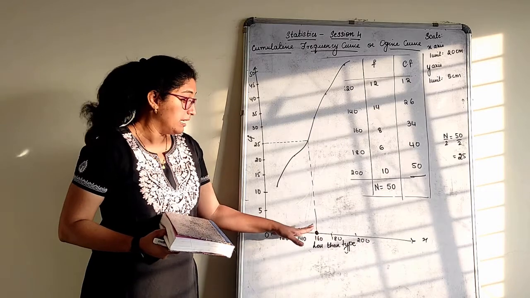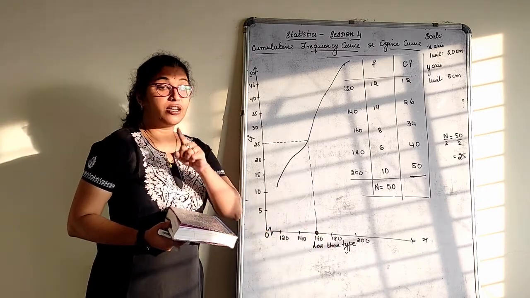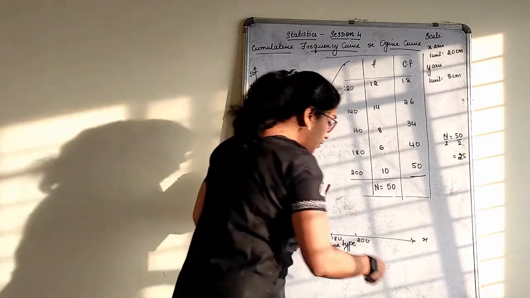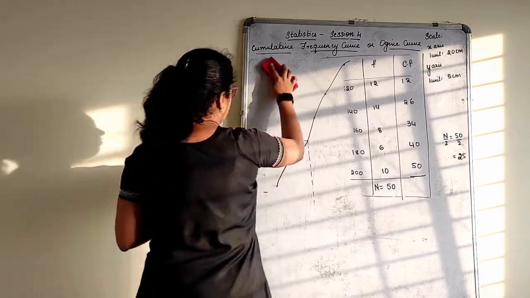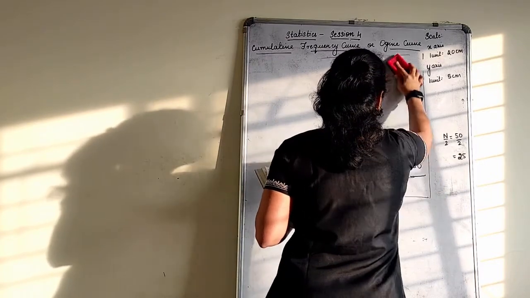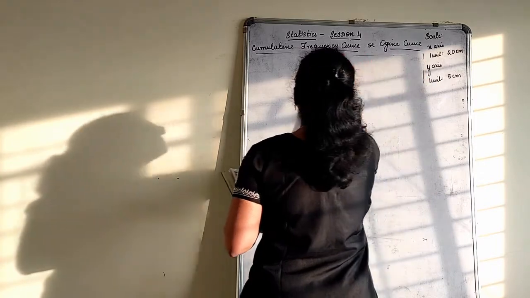So I am repeating again. It might be or it might not be. Little bit here and there. Check accurately in your graph. Then we complete the first one. We'll go with the next one now. It's a very simple one. Only thing is you need to know how to convert it to the more than and less than type.